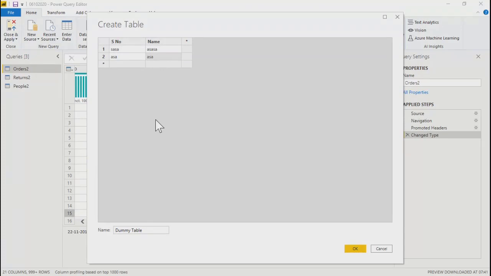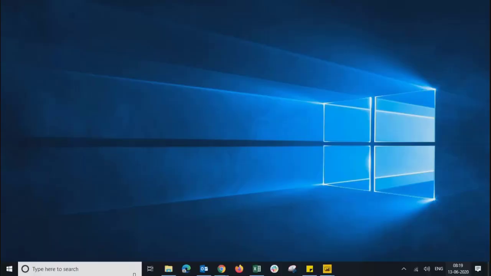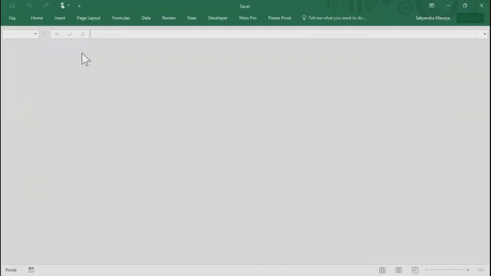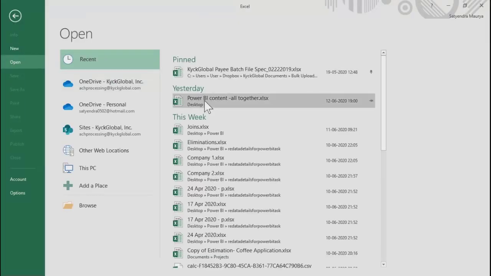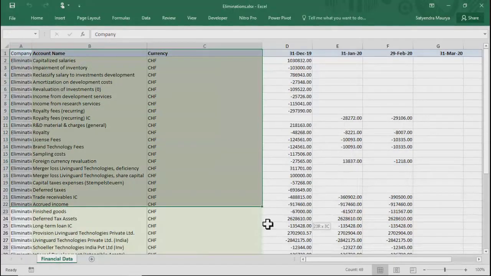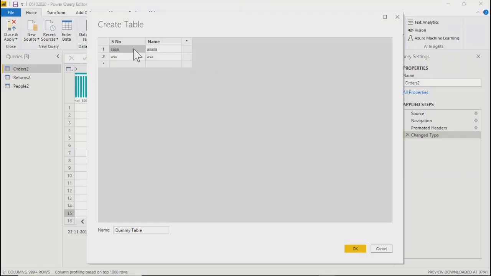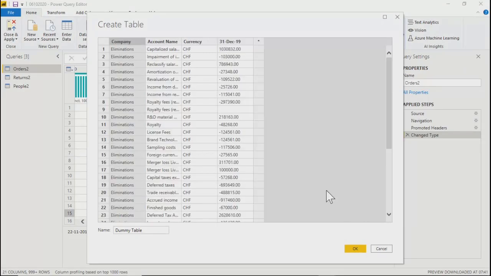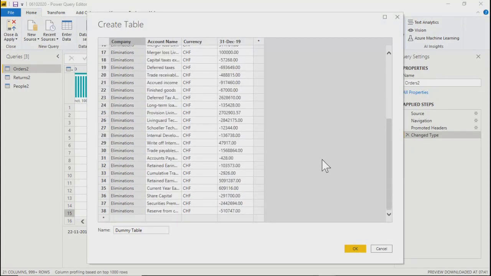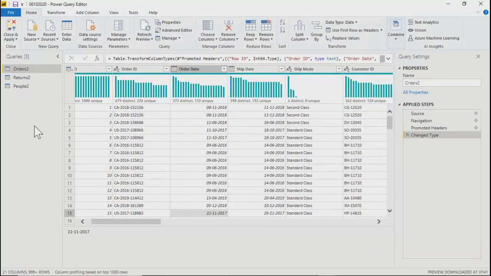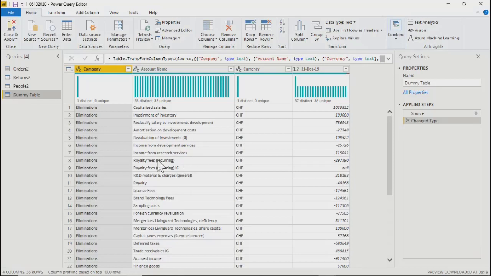If you don't want to add manually, what you can do is go to an Excel sheet. If you have any data which you want to create as a data file here, just simply select it, go there, and copy paste. Fine, your data is ready. Without connecting to any source, you can simply create that table. You'll see that table is here now, and this is your data related to that table.